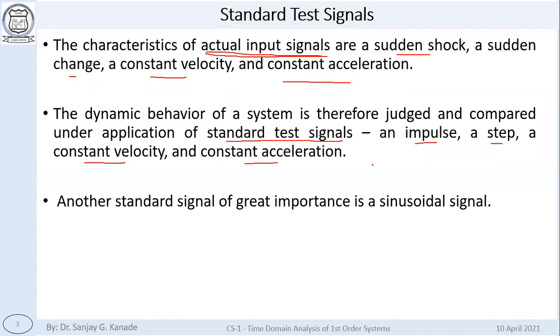Sinusoidal signal consists of sine as well as cosine. Cosine is nothing but also sine. Just what is the difference between sine and cosine? Only phase difference, right? Just 90-degree phase difference is there between sine and cosine. So both actually are same signals. Okay,